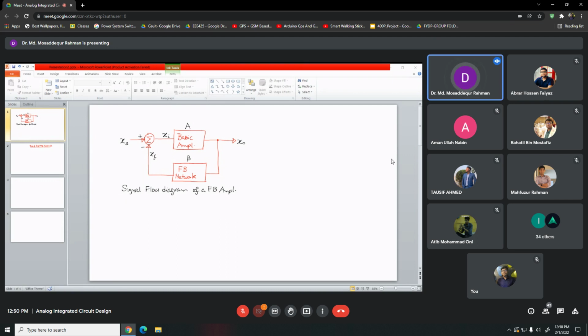Right, that is A divided by 1 plus A beta. So from this expression, if our product A beta is much larger than 1, then we see that this can be reduced to 1 over beta. This A will cancel out and reduce to 1 over beta. So beta is completely determined by this feedback network, and which is